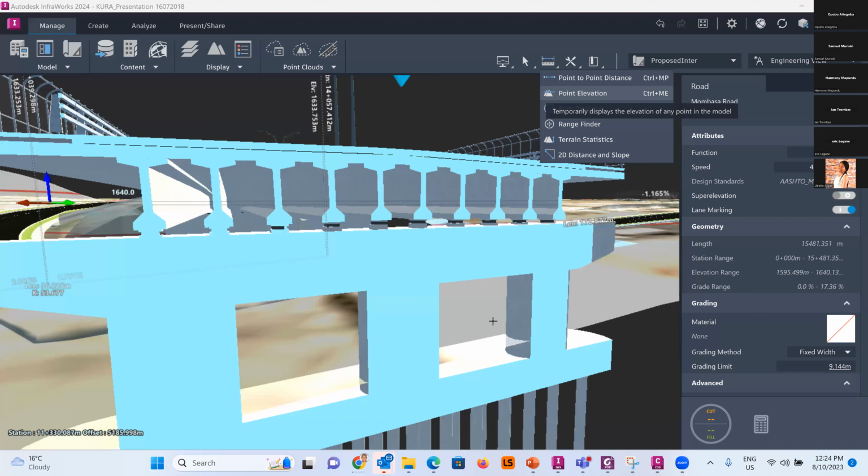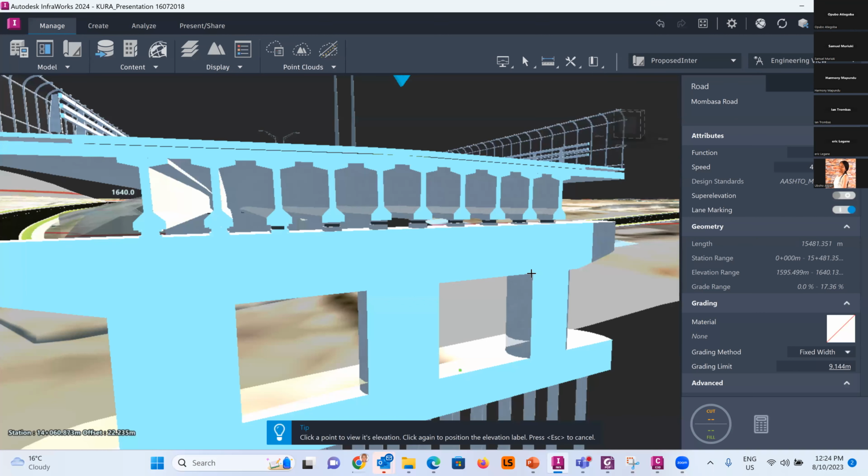If I want to understand the elevation at the next point, I'll just say I want to understand just at the pier cap level there. It again tells me. So if I want to understand the overall height of my pier, I would take this, 1635.45, minus the next one, so like 1635, and instantly at that point,